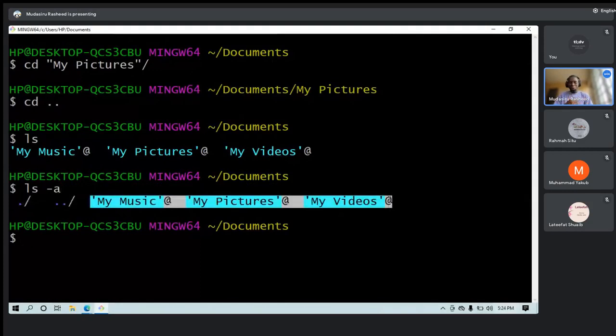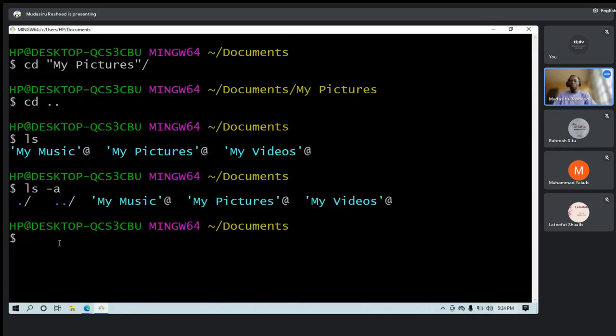Now, I want to see what are the privileges I have on all these folders that we have. What are the permissions? What can I do on them? You know, there are some folders you cannot open. Maybe the admin locked them, because you are not an admin on that particular system. In that case, to see what permissions I have on a particular file or folder, you use that l.